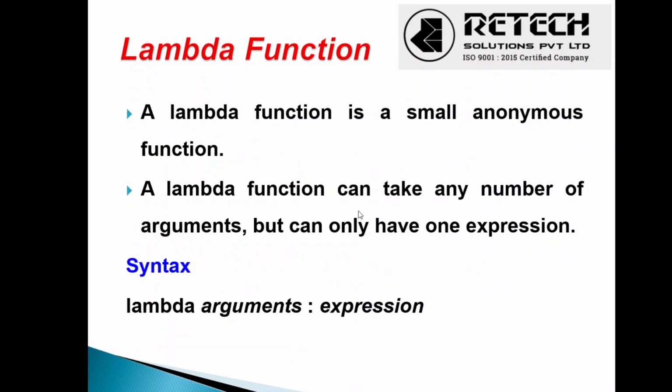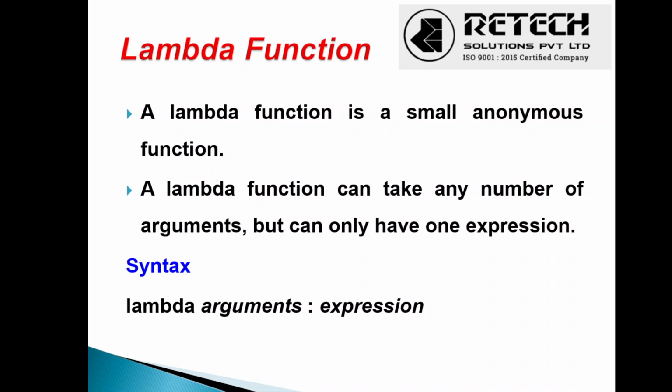Our next function type is a lambda function. This is another type of function. A lambda function is a small anonymous function. We can use it for a one-call function, we can call it one time, or as many times as we like, but generally a lambda function is used as an anonymous function without defining a name for it.